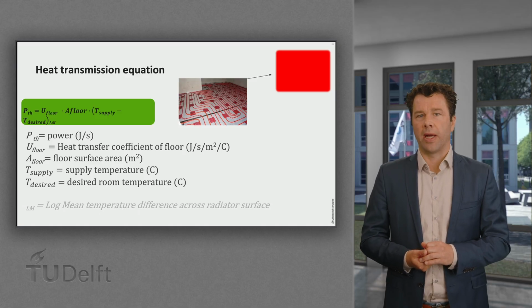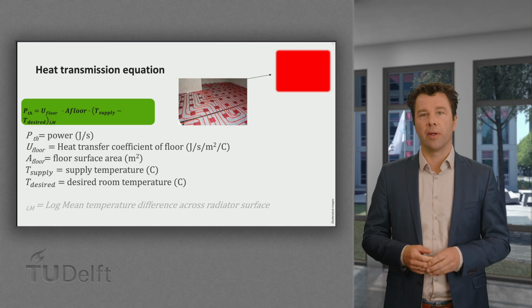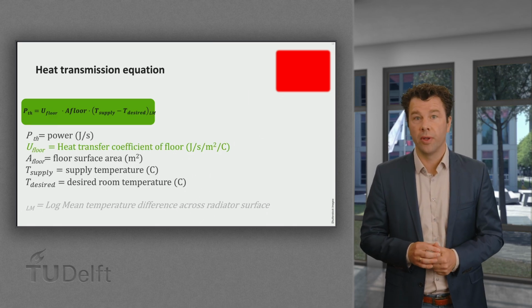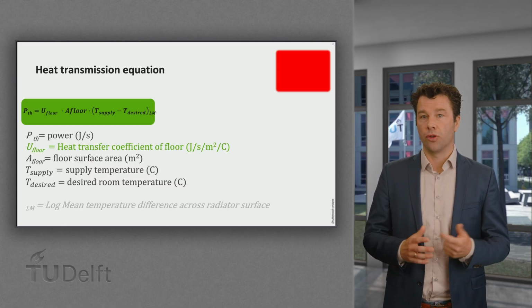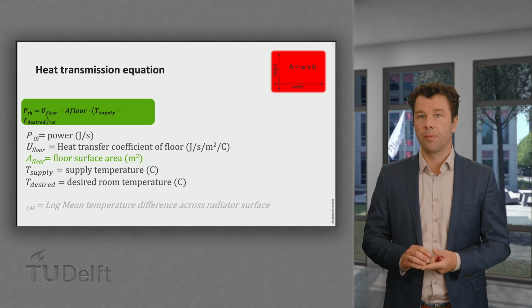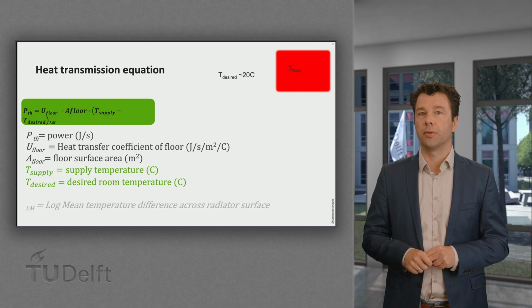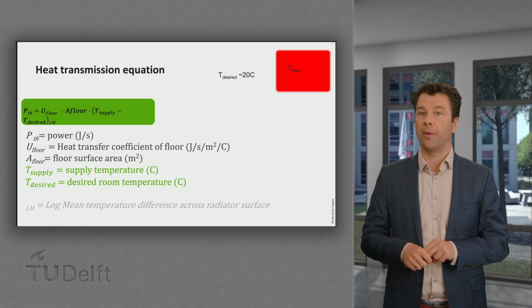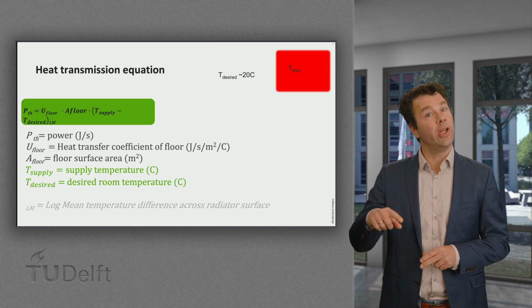To design the heat supply system, the heat transfer equation is introduced to you on the slide. The heating power that this surface area transfers depends on the material of the floor, which is fixed once you have installed your underfloor heating and the floor on top, the surface area of the floor, which is also fixed, and the temperature difference between our floor surface area and the desired room temperature. The desired room temperature is also fixed, so to control the heating power you have to control the floor surface area temperature, which depends on the supply temperature and the flow rate of the water through the underfloor heating system.